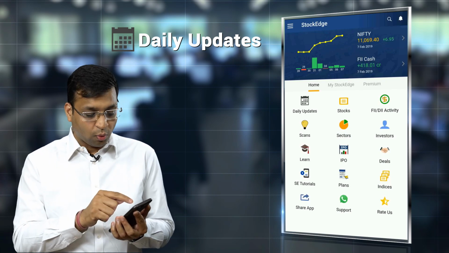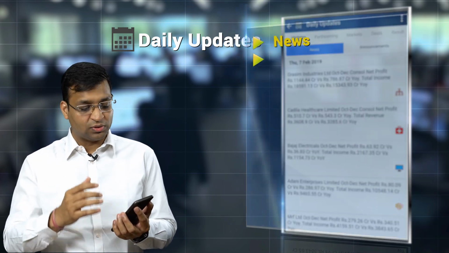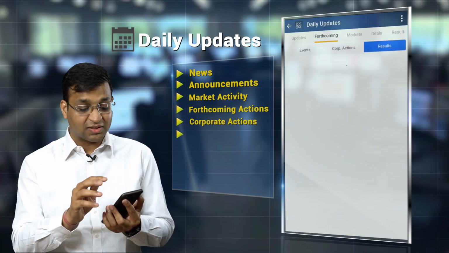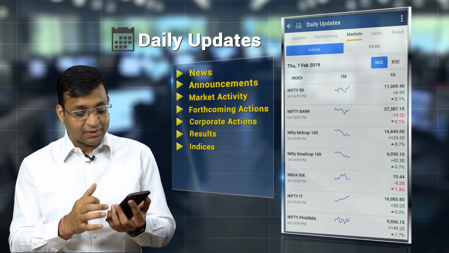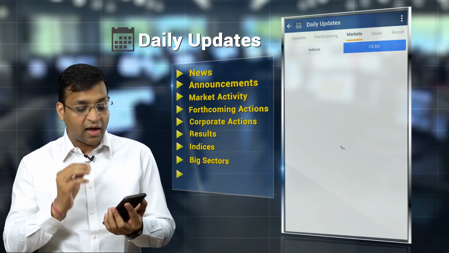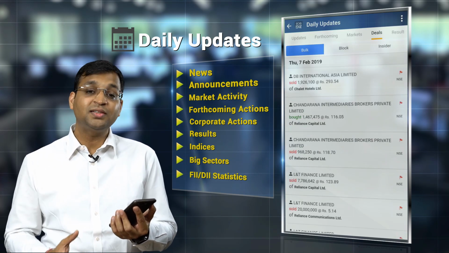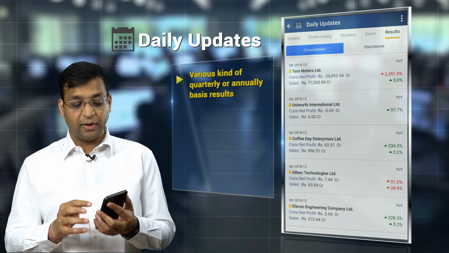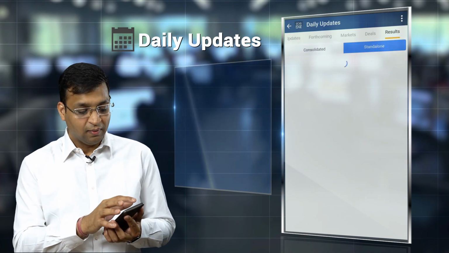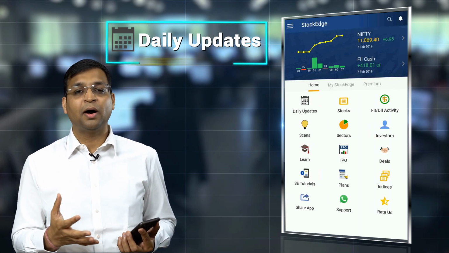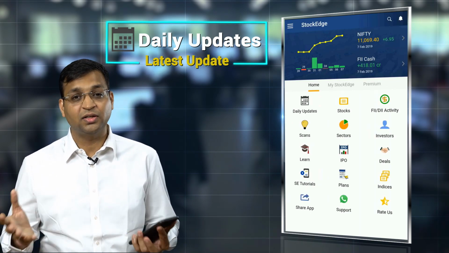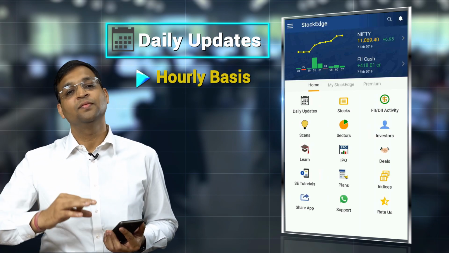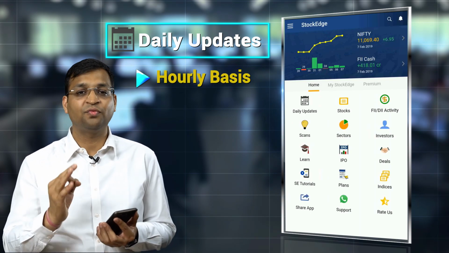giving filtered and only relevant updates related to news, announcements, market activity, forthcoming actions in the market, corporate actions, results calendar, how indices are doing, which sector is doing what, FII, DII statistics, deals in the market, block deals, bulk deals, insider deals, and what kind of results are coming in the market on a quarterly or annual basis. This daily update is a real-time update given by my team, and we have connected with various other sources. So you should look at daily update on an hourly basis to update yourself with the relevant information about the